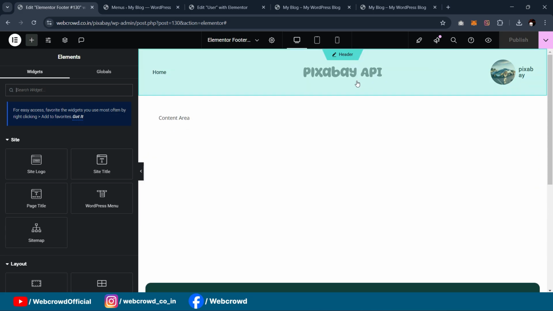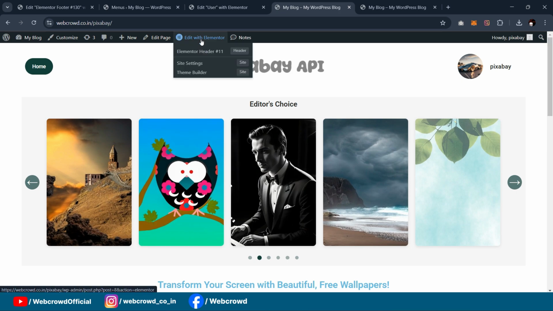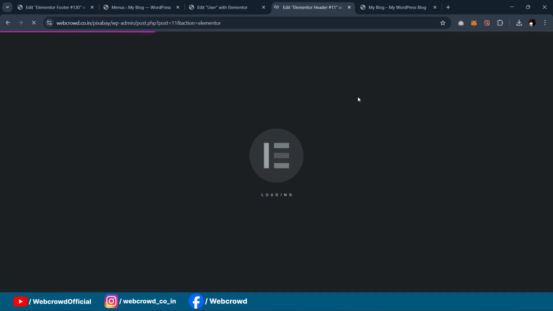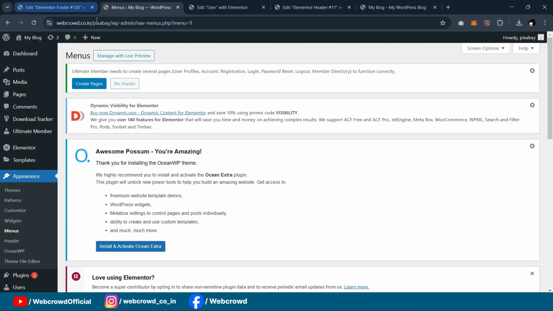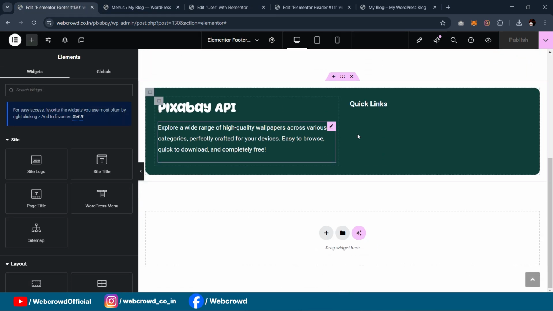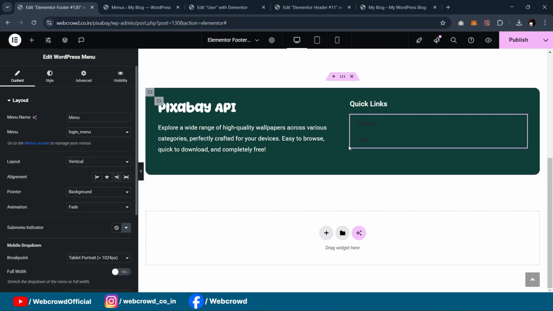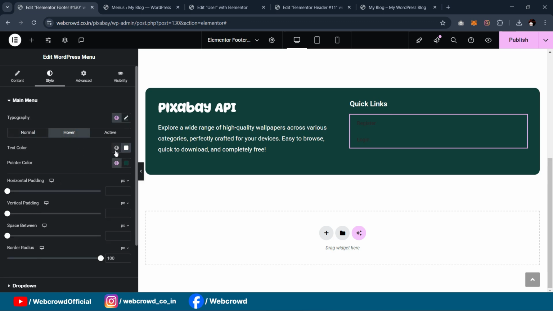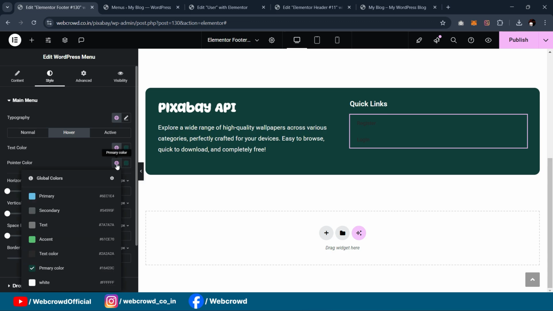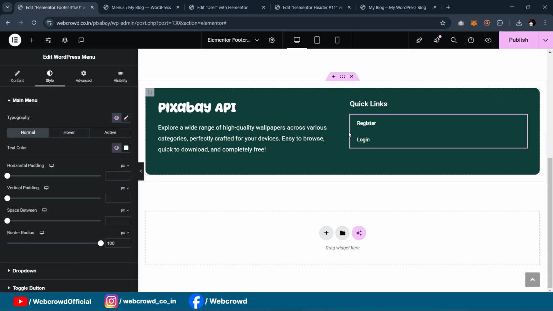So what I will do, I will simply do one thing here. I will copy the header's menu. Copy it. Paste here. Here change layout to vertical, and this go to style, hover, invert this color to primary color and pointer color to white, and also normal white. Okay,